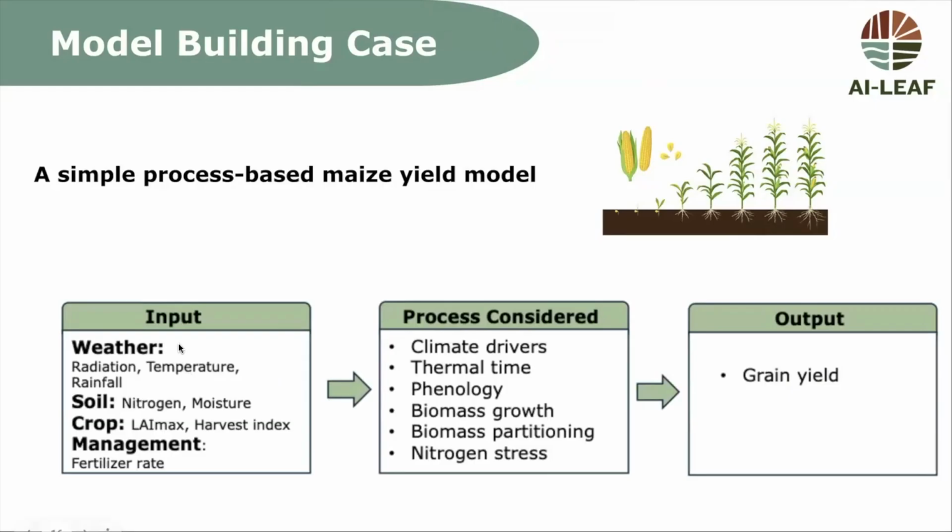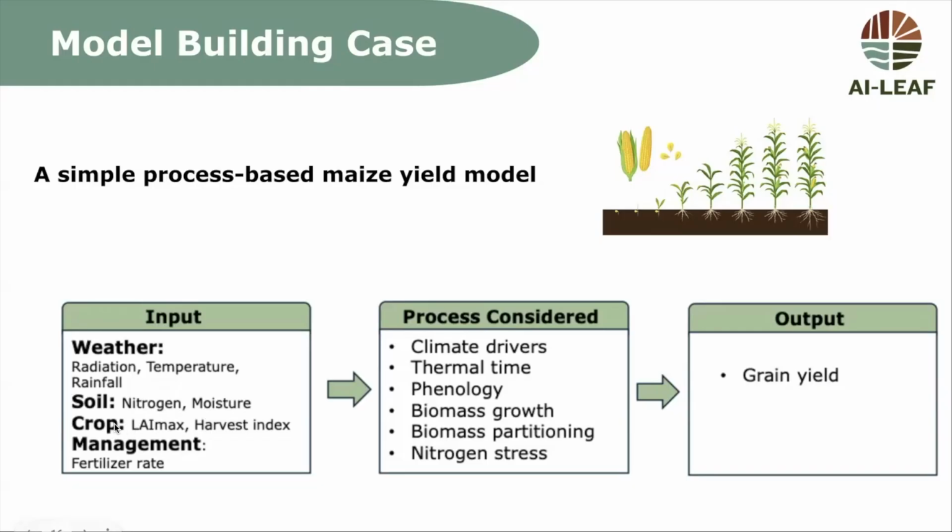We input the weather, just the rainfall for the agricultural system, then consider the soil moisture and the nutrients. Here we didn't consider the micro, so detailed information, and then there are some parameters